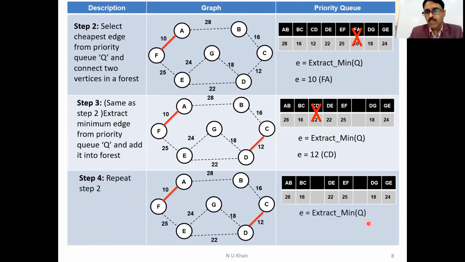Now extract the minimum edge. So minimum edge is right now 16, that is BC. यहाँ से remove किया. Now this edge is connect. इसको हम यहाँ पे पुट करके देखेंगे कि 2 ट्री आपस में क्लब होकर के एक ही ट्री बनाते हैं या कोई ग्राफ बनाते हैं. अगर साइकिल बनती है तो हम उसको डिस्कार्ड कर देते हैं. So where is BC? So B is this and C is this. Now connect this one. Okay.